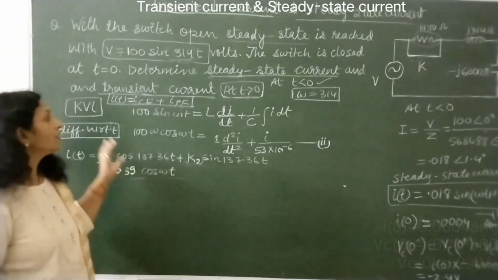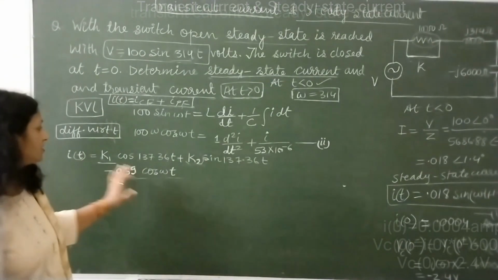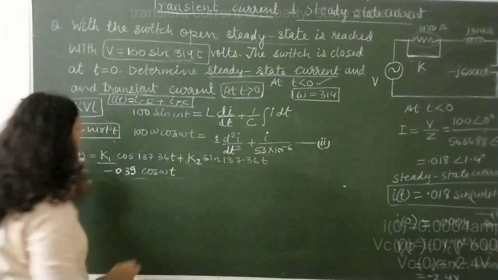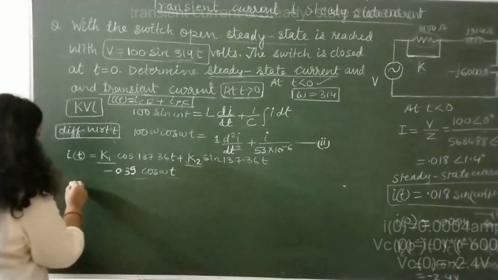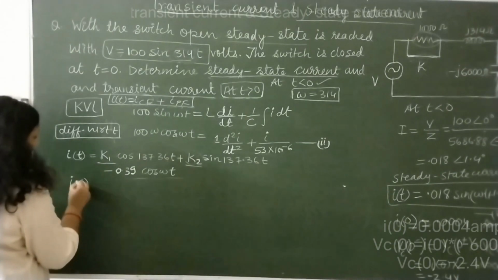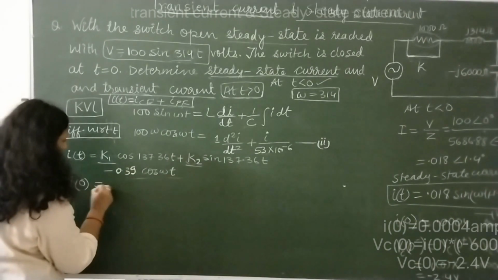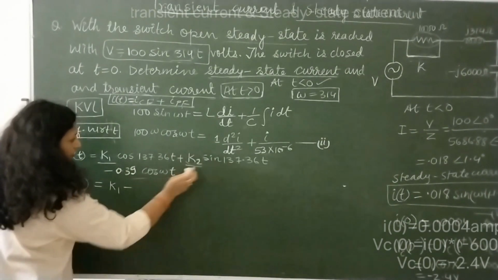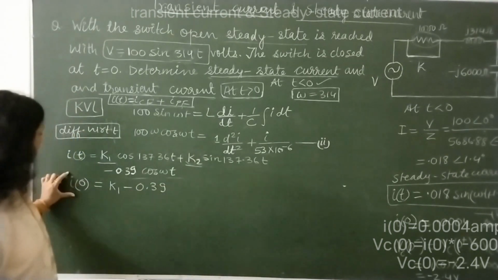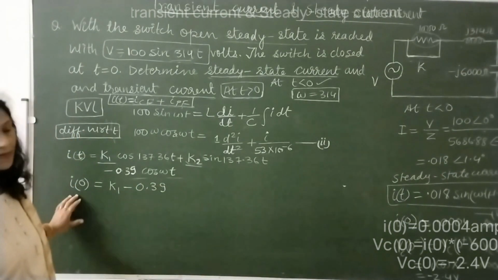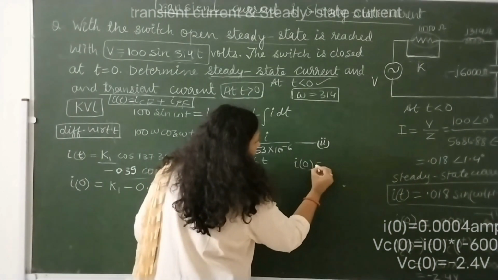So here we got the complete solution or transient current IT, that is here in this equation form, okay. Now we will find the value of these two constants K1 and K2. For this we will put t is equals to 0 in this equation, and here we will get K1, this term will become 0 minus 0.39, okay. This is nothing but our initial condition I0, because I0 is equals to